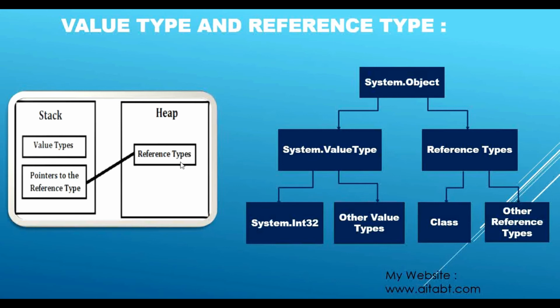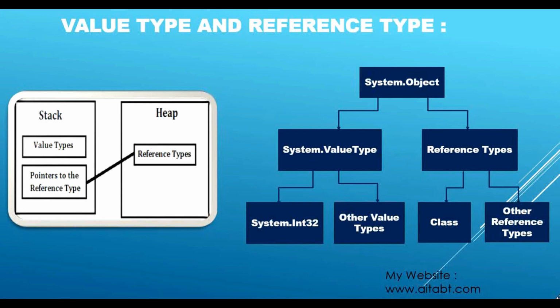Now we have not yet talked about objects and classes in great detail, so you will not be able to understand right now what an object is. Whenever we learn what a class and an object are, you will understand that. But for now, just remember that every reference type will always be stored in the heap, and the pointer to that reference will always be on the stack only. So there will be a variable which stores a reference to that type which is stored on the heap, or maybe an object which is stored on the heap. From that we have understood what a value type and a reference type are, and where each gets stored.